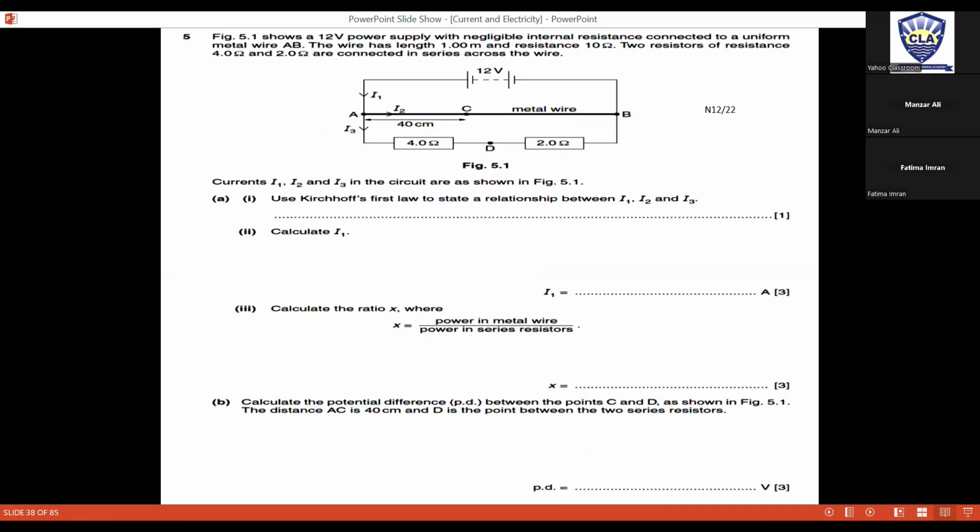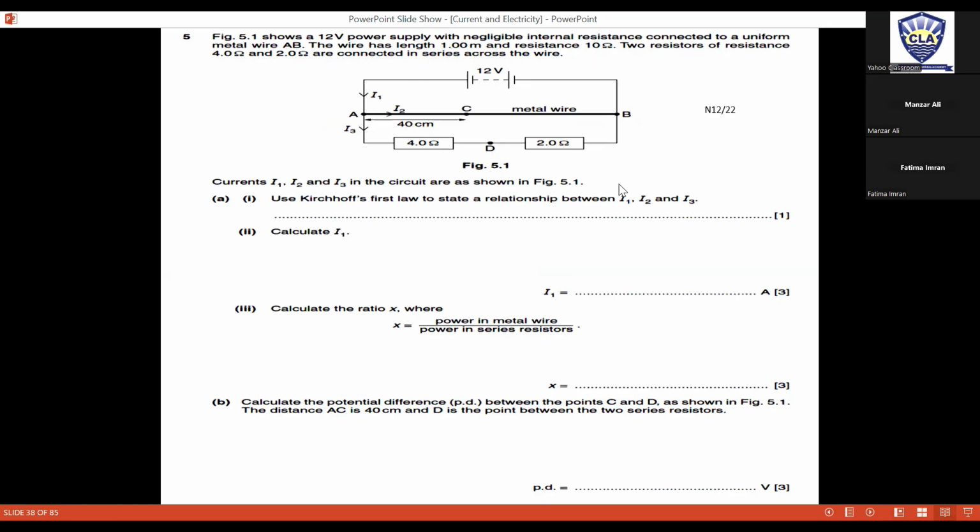Okay, we have अब पैरेलल सर्किट, पहले उन्होंने हमें कहा कि हमने एक वायर लगाई हुई है A B, और इसके पैरेलल एक और सर्किट लगाया हुआ है जिसमें दो रेजिस्टर्स हैं 4 और 2 ओम्स जो आपस में सीरीज में हैं। सेकेंड उन्होंने बताया हुआ है कि 1 मीटर की जो लेंथ है इट हैज रेजिस्टेंस ऑफ 10 ओम्स।